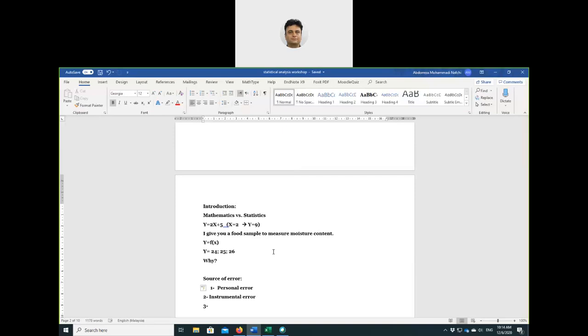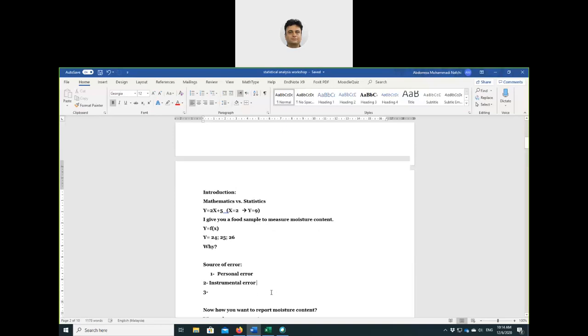Different equipment has different errors, so you cannot reach the exact same amount of data. So the second source of errors is instrumental, and the third is